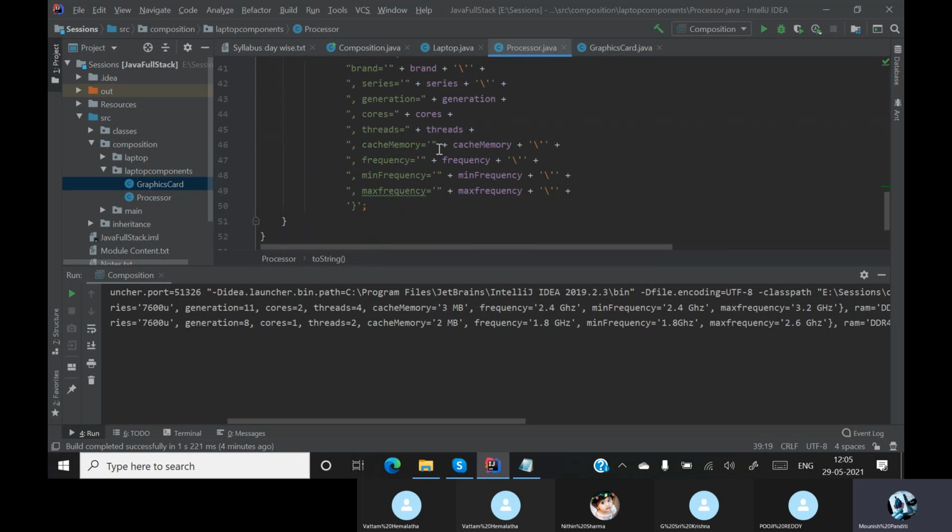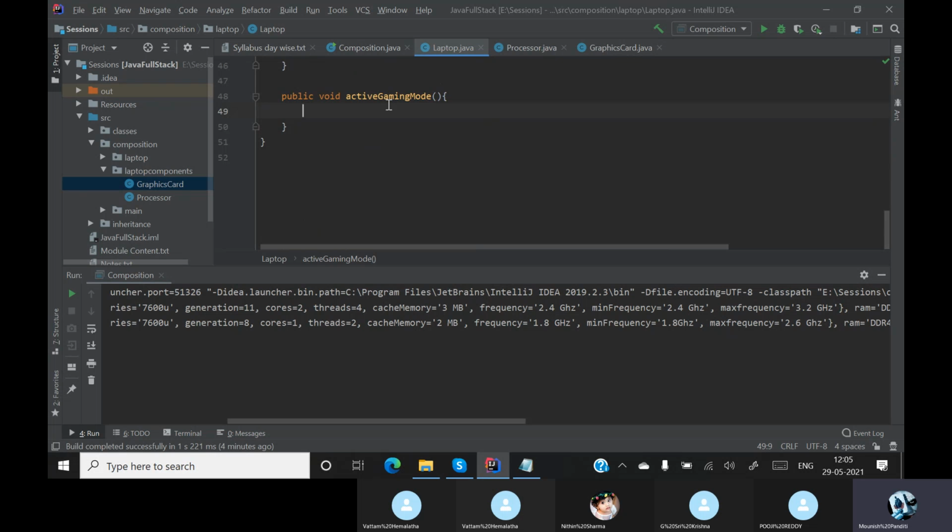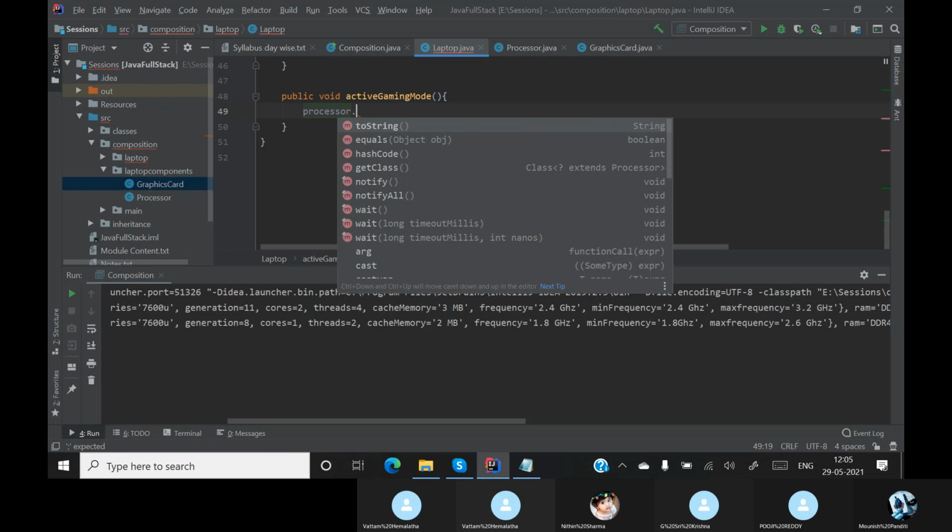So inside the processor I am having my frequency. First I need to get that frequency and then I have to set it to my maximum frequency. So how do you access the data? First of all, processor dot, I'm not having any methods. So first I need to get my frequency and I need to set it to my maximum frequency.